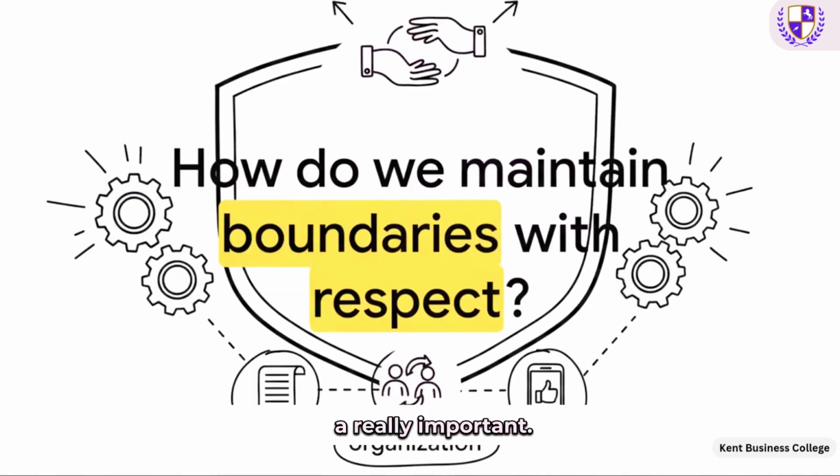Which leads us to a really important question. How do organizations maintain professional boundaries while still ensuring responsibility and respect? Well, they do it by building internal frameworks. We're talking about codes of conduct, equality policies, social media guidelines, the whole shebang. And listen, these rules aren't there to silence you or stamp out your personality. They're there to make sure that your individual freedoms don't accidentally trample on your colleagues, your clients, or the wider business. Responsibility and respect always have to be the guiding stars for how we behave at work.